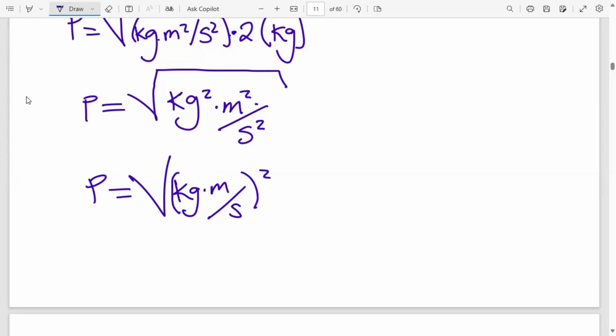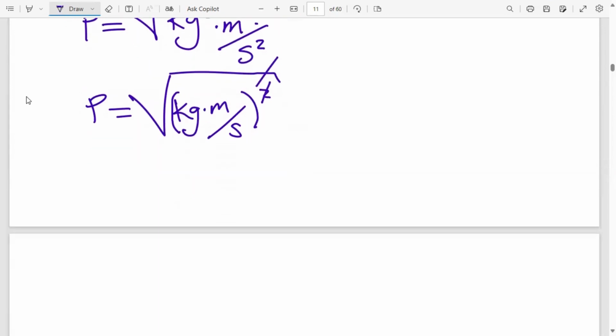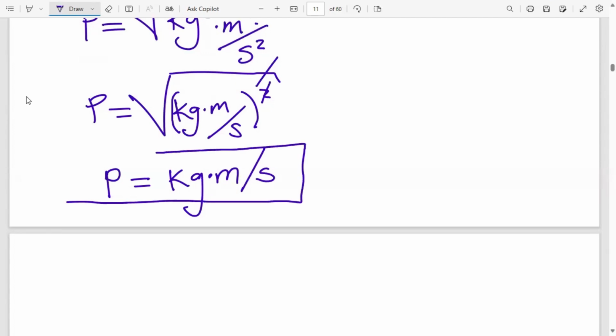I put the square outside because everything is squared, the numerator and the denominator. So if there is a square and the square root sign here, that means this automatically cancels out, like that. And that means I'm going to remain with P, which is momentum, being equal to kg meter per second. So those are the proper units